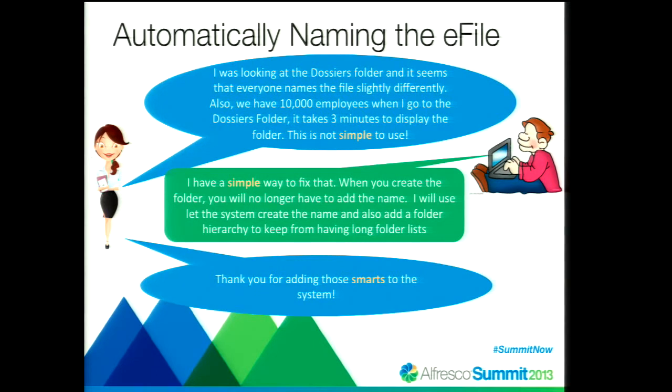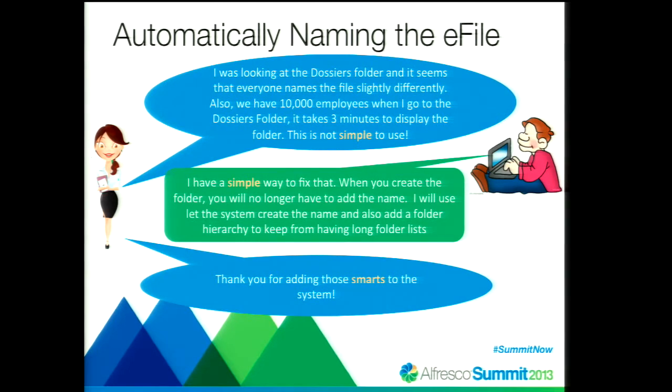And given the fact that we have a 6-digit employee number, you could have 1 million employees if you wanted to. And when you hit that folder and try to list out all the children in there, that would be a disaster. So the other thing that we do is we create a folder hierarchy as part of the process. So, for instance, if my employee number was 111111, it would create a folder called 111, and then under that, it would create my eFile folder. And so that allows us to kind of separate out the eFiles